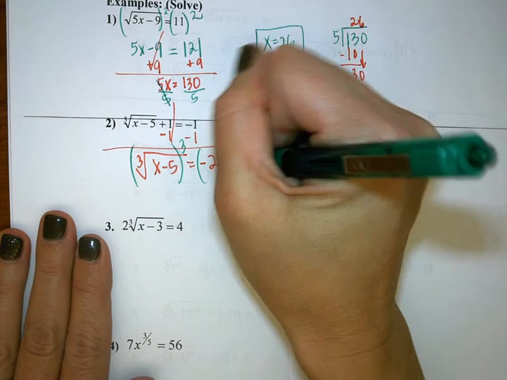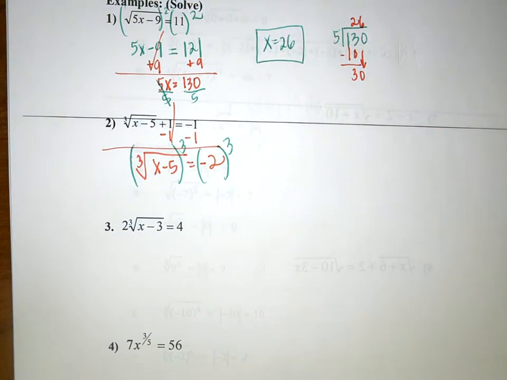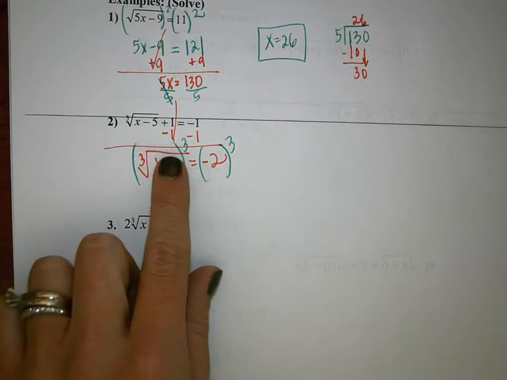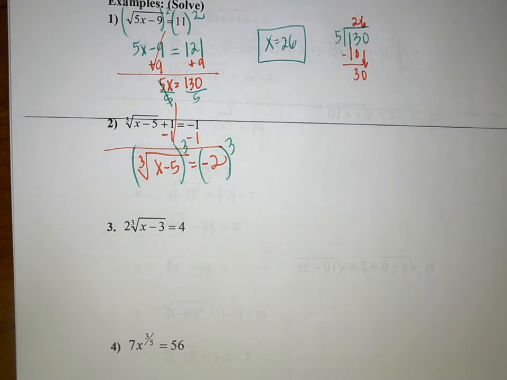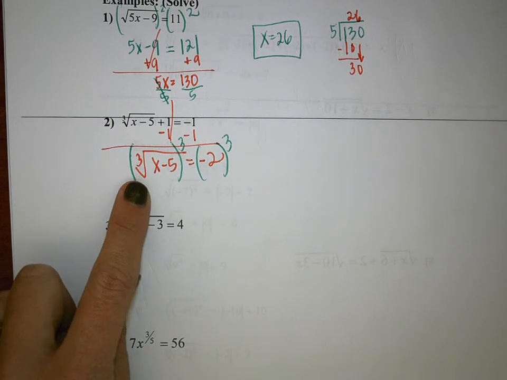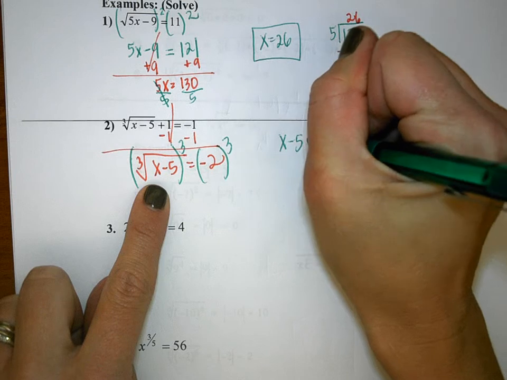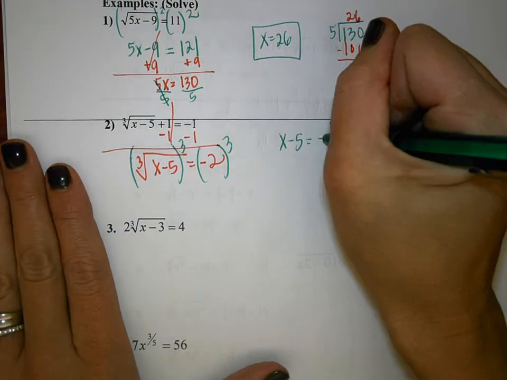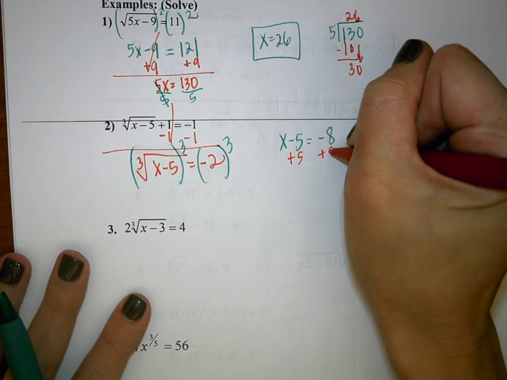And whatever I do to one side, I have to do to the other side. Very good. Oh wait, that's not underneath the plus one. You're right. That's why I had to subtract 1 first. Okay. So when I cube the cubed root of x minus 5, what do I end up getting? X minus 5 equals, and what is -2 cubed? Good. And then lastly, I will add 5 to both sides, and we get x equals